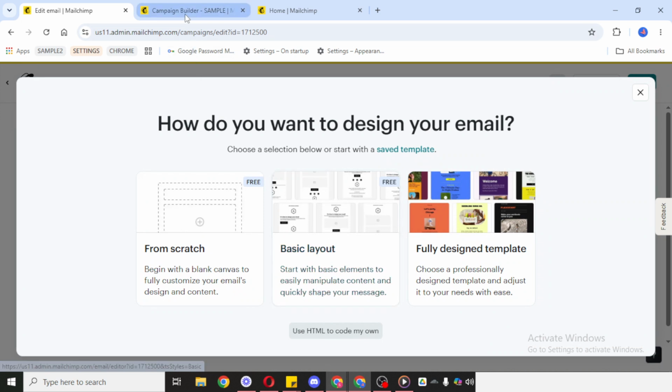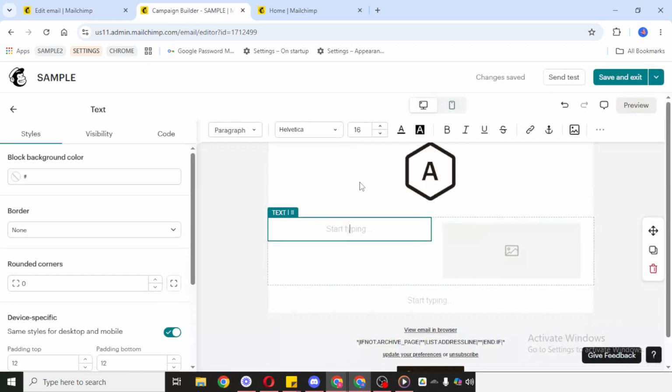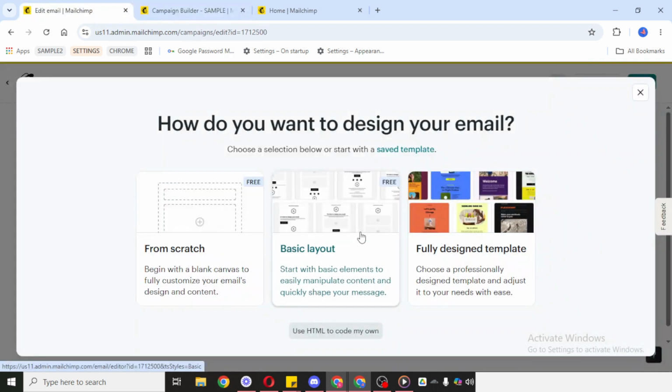The exact design is up to you, but the important part is that you'll need access to a text block, because that's where you'll add your greeting and personalization. When your template opens, look for the text block in the email layout and click into it so you can edit the content. In that text area, type your greeting first, something simple like "Good day" or any other greeting that fits your message and your brand tone. This is the part your recipients will see before their personalized name appears.